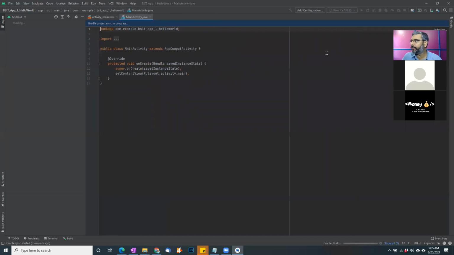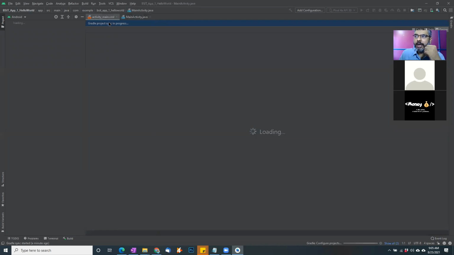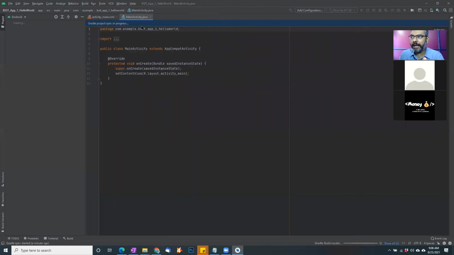Now, meanwhile it loads, I will try to explain a little bit about the Android window. Once you open the Android window, the first thing you see is your coding area. It has two main files. One is called activity main.xml. One is called main activity.java. Your entire user interface we develop using XML. Within Android Studio, your entire UI is basically developed using XML components, XML text.